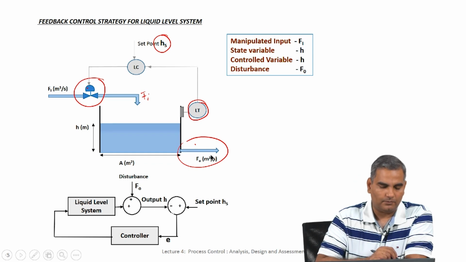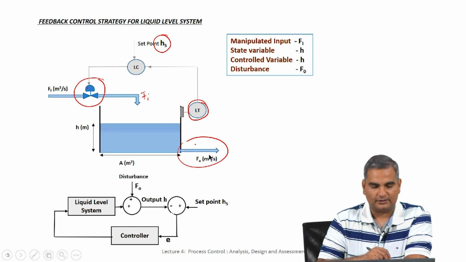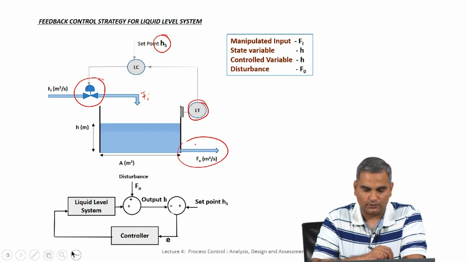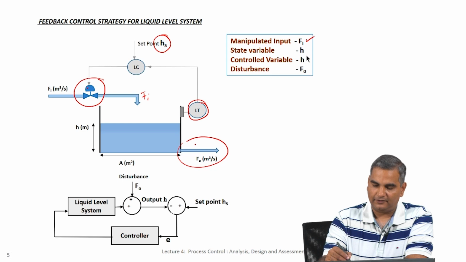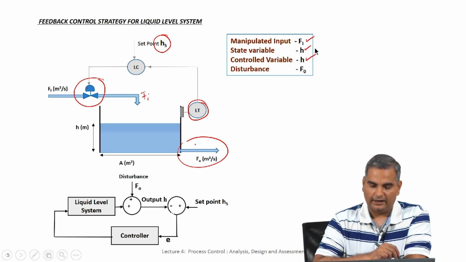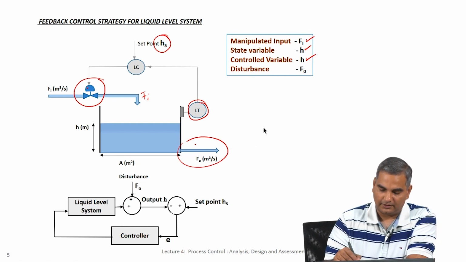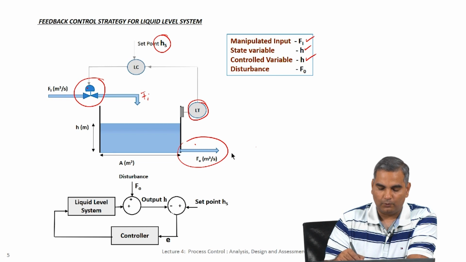So, for the same problem, I just wanted to illustrate that you could think about several different control structures, and what to choose and how to implement are things that we will learn as we go through this course. So, the manipulated variable in this particular example is Fi, the state variable is h. We also want to control this state variable h, and if you have, let us say, further down some system here, let us say further down there are pressure fluctuations, then the flow across this pipe would change depending on how the pressure fluctuations are there.